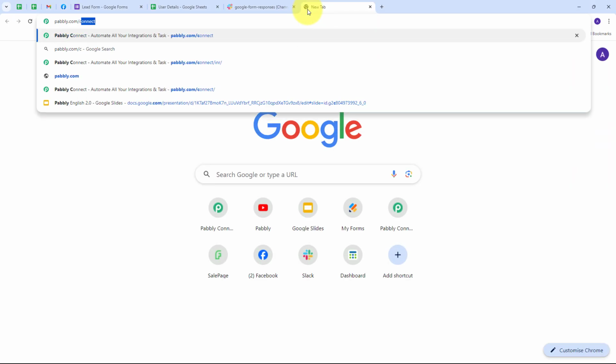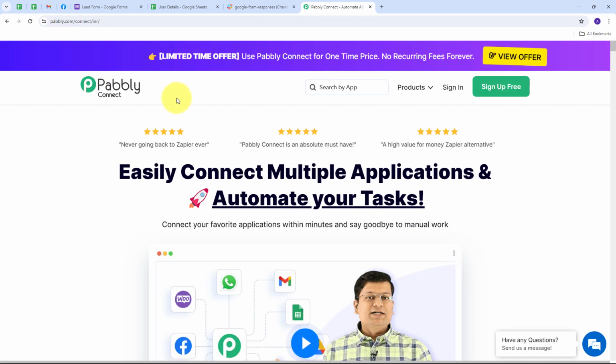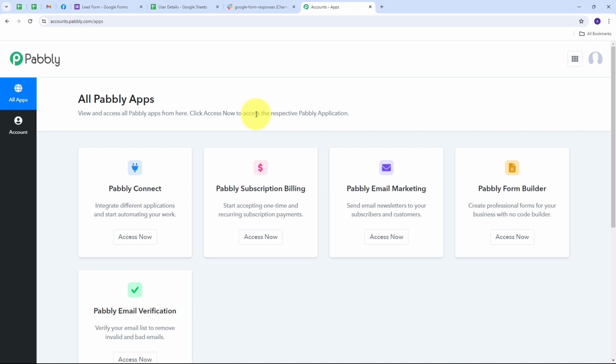So for using Pabbly Connect, we need to first open a new tab and search for pabbly.com/connect. And it will take us to this landing page of Pabbly Connect. Here we have two options, sign in and sign up for free. If you don't have any account with Pabbly Connect, then you just have to click on this sign up for free button, and it will take only 2 minutes of your time and you will get 100 tasks free every month. Or if you already have an account, you can just sign in and you will get to see this